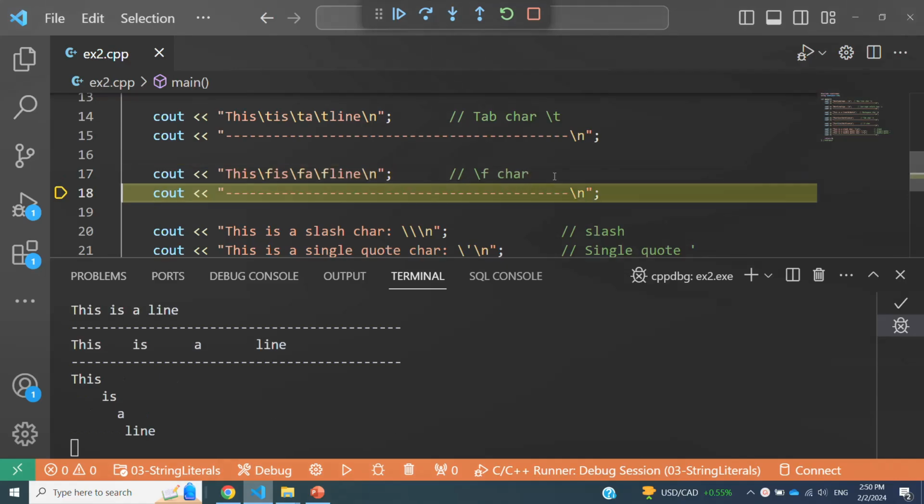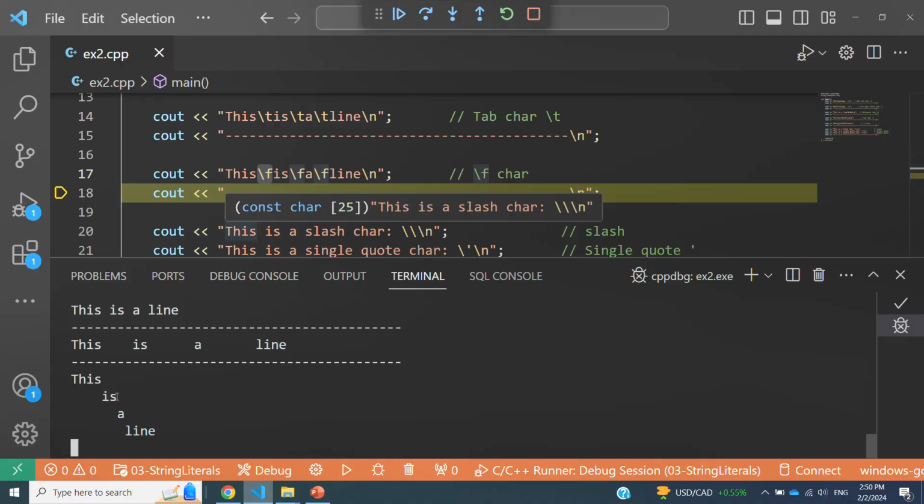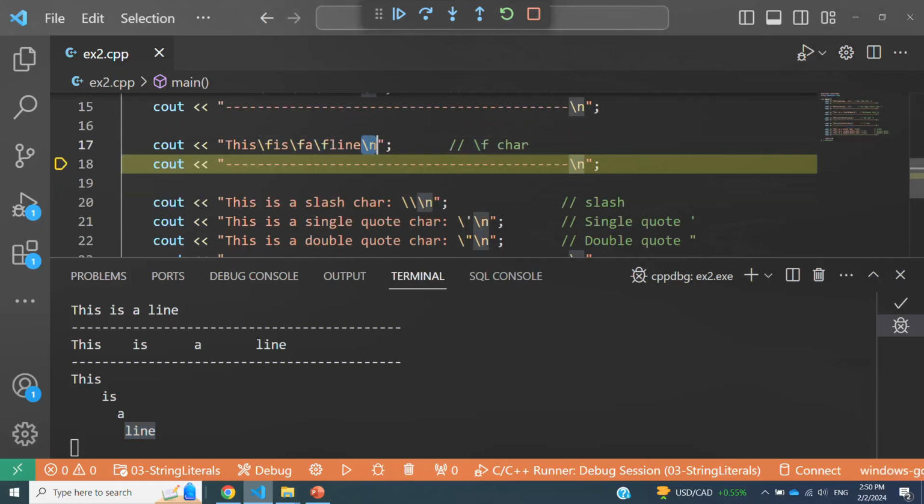So we are printing this. Remember, it starts printing this. The cursor is now here. When we print the \f, the form feed, we are now staying on the same position, but the cursor moves to the next line. So this column, next line, and we print is again another form feed. So the cursor was here, so it just moves to the next line and stays on the same position. And again, a form feed, so move to the next line and stay on the same position. So you print line, and finally print \n to move the cursor to the beginning of the next line.